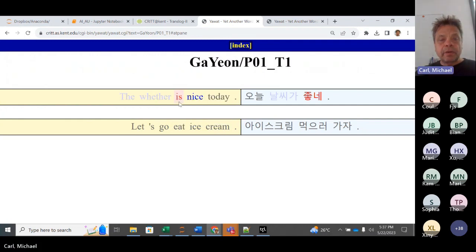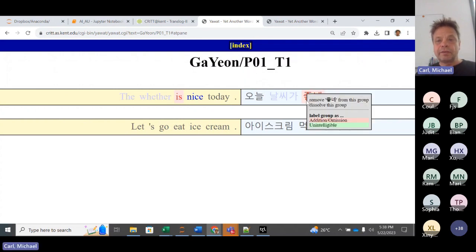Why? Because it's an omission if it's on the left side. You would say it is not translated into the target side. So if it gets this label on the left side, then it's an omission. Something was left out. If it gets this label on the right side, the color is the same, but it's an addition, right? Because here the translator inserted some stuff